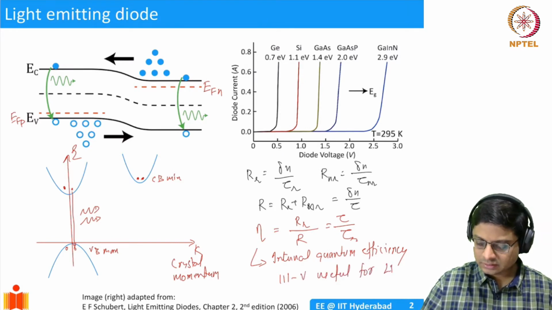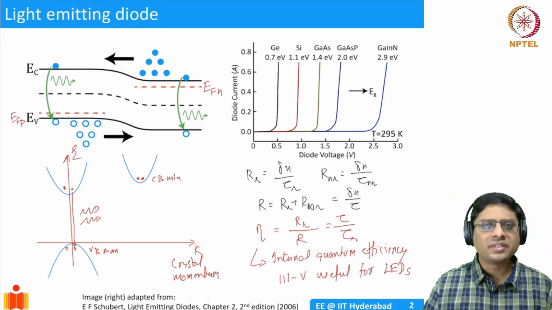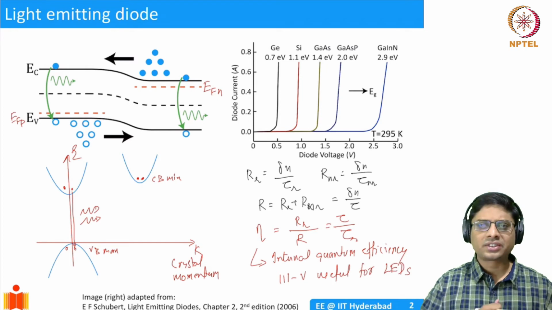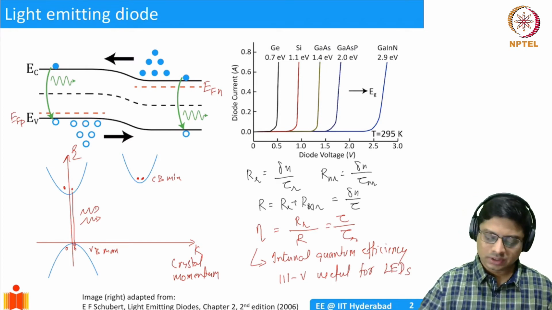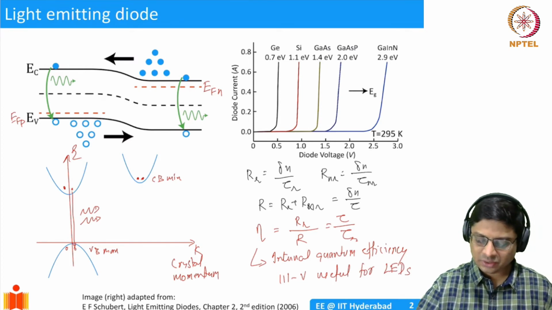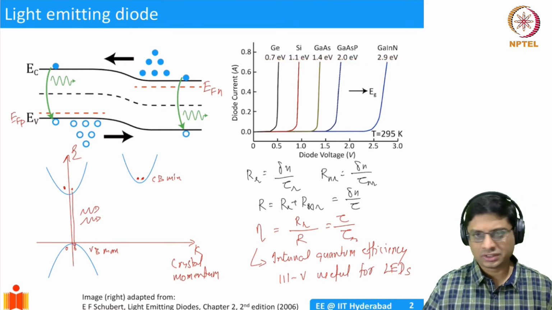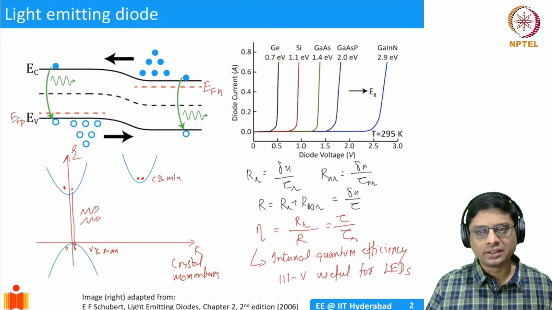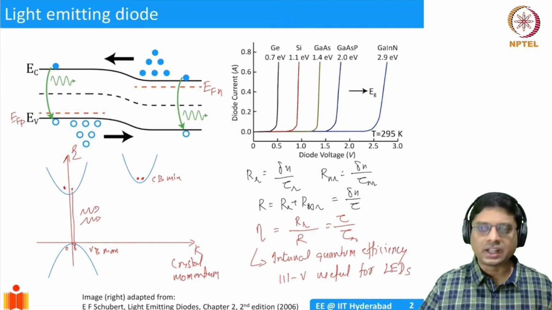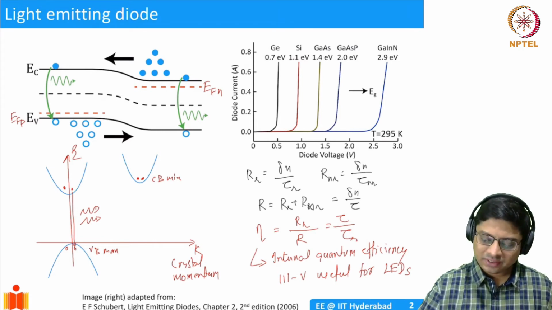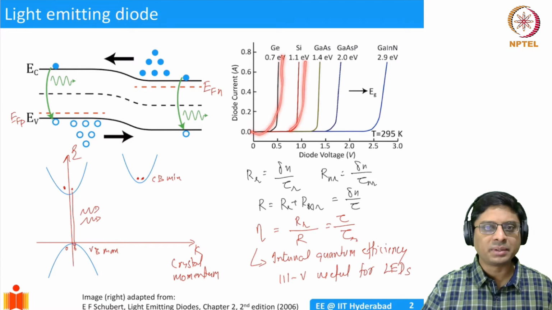If you just look at the IV characteristics, you make a diode out of silicon and 3-5. The IV characteristics will look similar. So this is just a schematic illustration of that. So here I'm showing you various materials and their band gaps on the top here. So if you make diodes out of this, you just simply dope the material as P and N, and then you see that the IV characteristics essentially look similar, the threshold-like behavior.